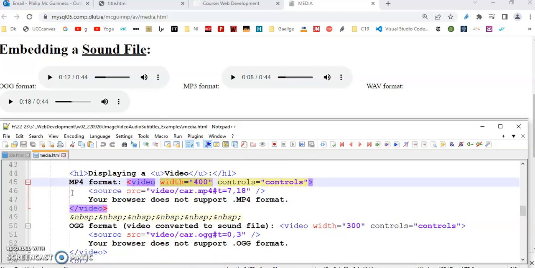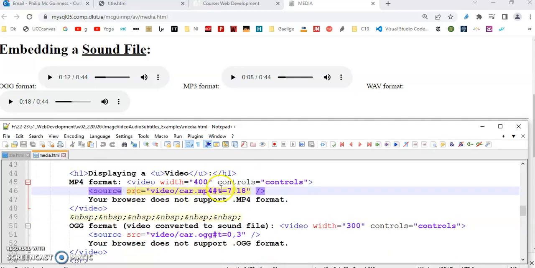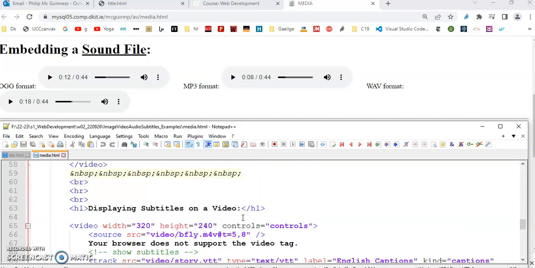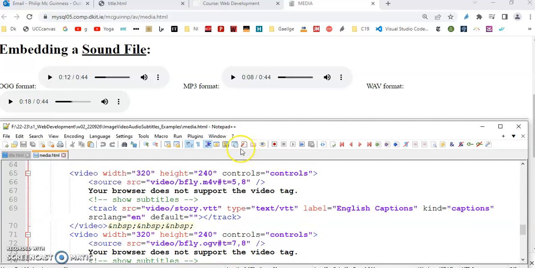Now, okay, what else can I say about this? Not a huge amount really. It's just, source equals. So source tag is the same. Video folder this time rather than the audio folder. And then I want to start and stop at particular points in time. #t equals. Okay, so just play around, satisfy yourself that those seem to make sense. Okay, down at the bottom here,